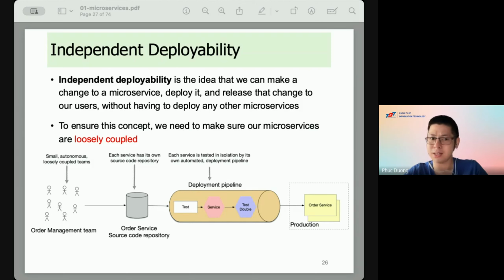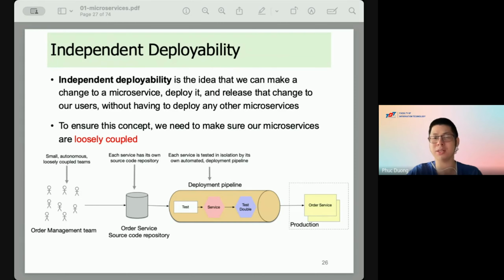In practice, to ensure independent reliability, we need to make sure that our microservices are loosely coupled. We must be able to change one service without having to change anything else. Some implementation choices make this difficult because, for example, sharing a database is especially problematic.